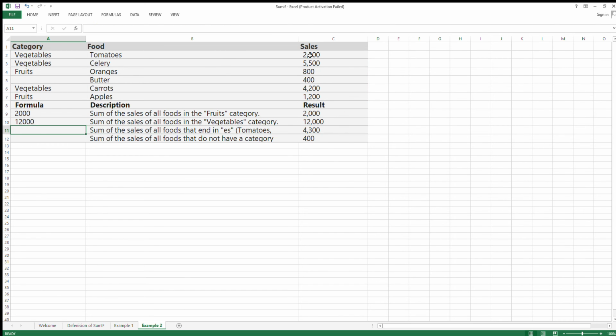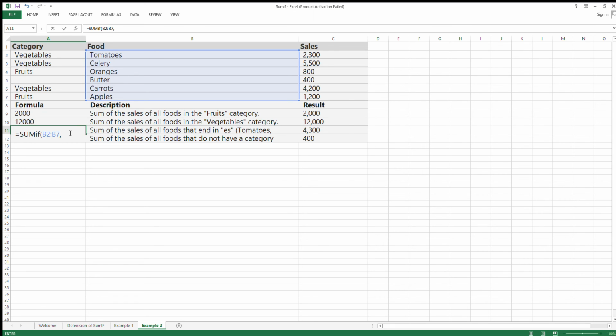So the next one is actually more interesting, that is we'll be using symbols. SUMIF, range. Here the question is, we need to do the sum of all the food items where the name is ending with es: tomatoes, oranges, then apples.